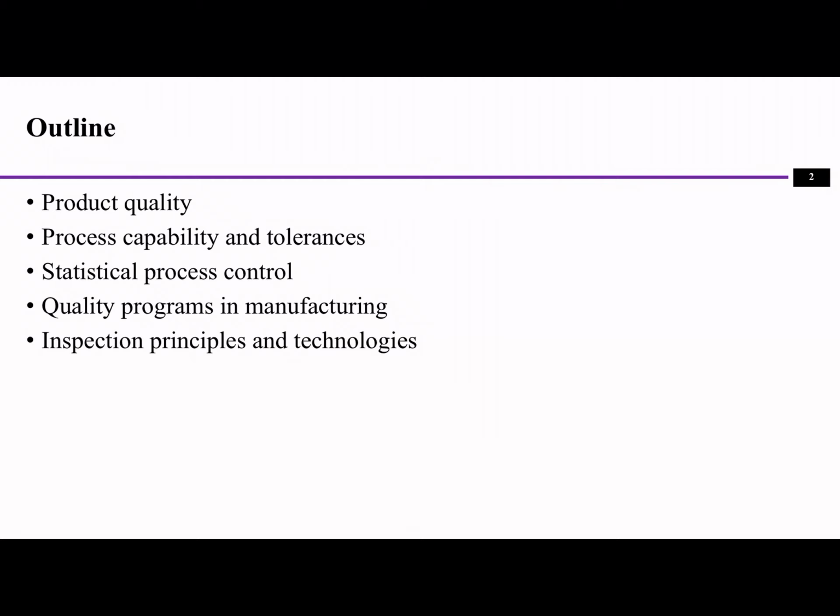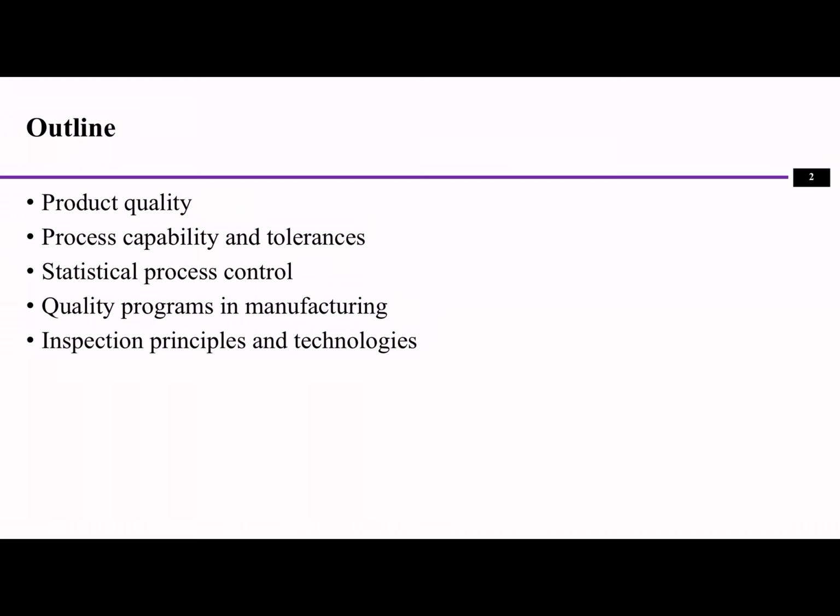Next, I'm going to discuss different quality programs like Six Sigma, total quality control, and also ISO 9000. And lastly, we're going to look at different inspection machines or inspection devices that are used in